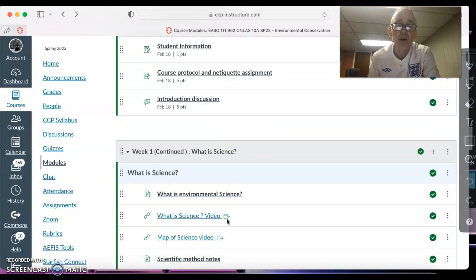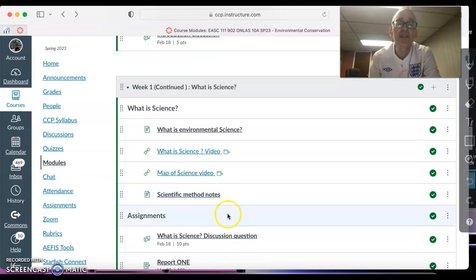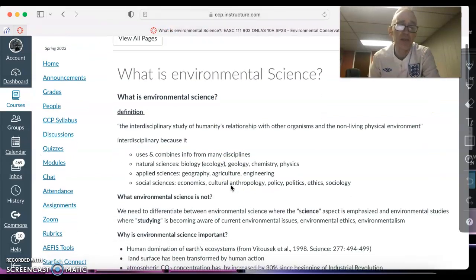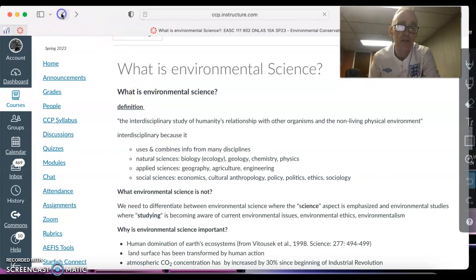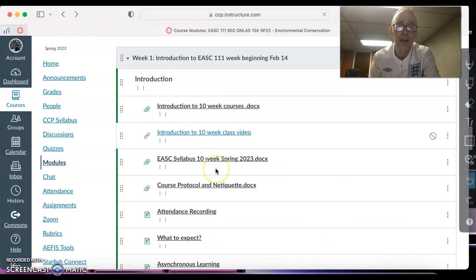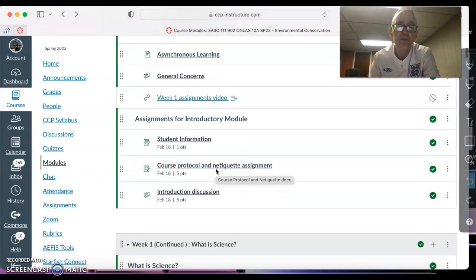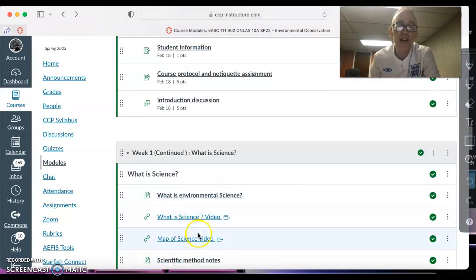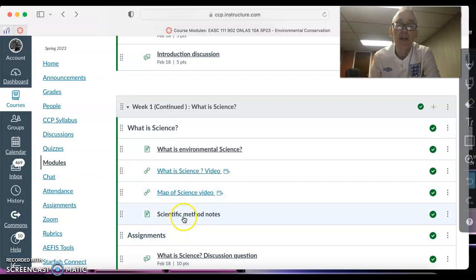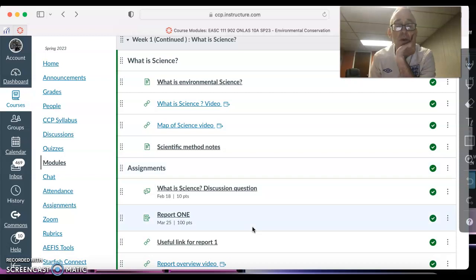And then this week continues, we start to get into the subject of what is science. What you need to do here is start to read some of the notes which I've put up, just some simple definitions. I'll give you some very general notes. In addition, there are a few videos about science and some notes on scientific methods. So make sure you read these. Then, once you've done that,